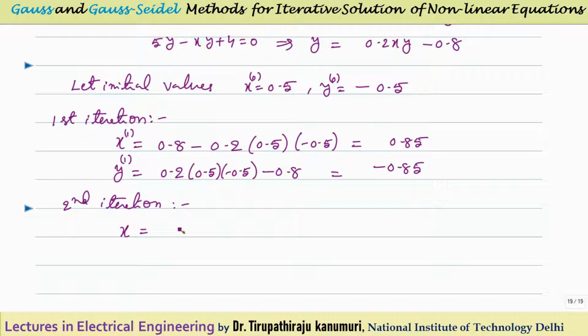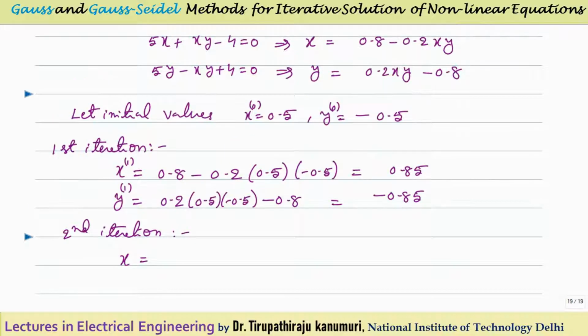In the second iteration, the value of x will be in this form: 0.8 minus 0.2 times x obtained in the first iteration and y obtained in the first iteration. Similarly y, because this is useful for the second iteration output, will be equal to 0.2 times x obtained in the first iteration multiplied by y obtained in the first iteration, minus 0.8. Agree with me? So when you substitute the values, that means substitute 0.85 and minus 0.85,